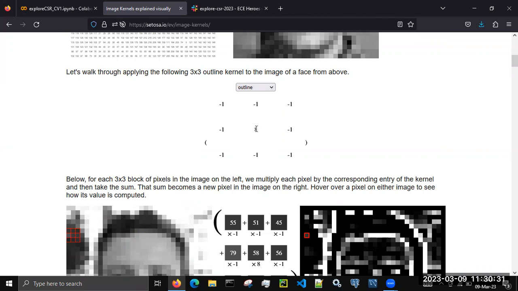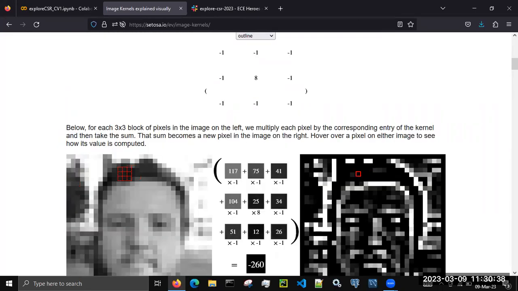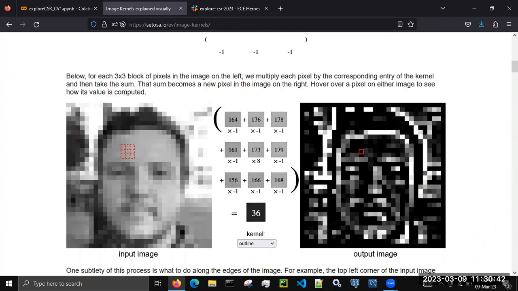Only the middle cell has a value of 8, and the rest of the cells have a value of -1. So what's going to happen is, if we take this part right here, see the multiplication that's happening. The top left pixel has a value of 35. We're multiplying it with -1. So this way we multiply each element of our image with each element of our matrix, and then we find out the sum. So this kernel outputs a sum of 6,